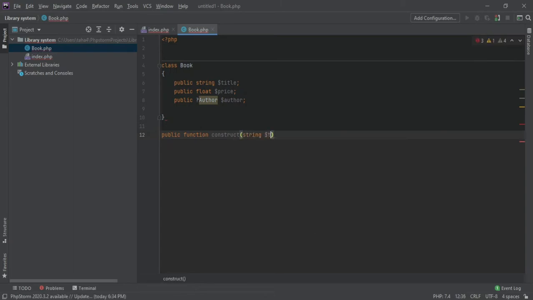These three attributes, which are very important for the book information. Float price, and finally